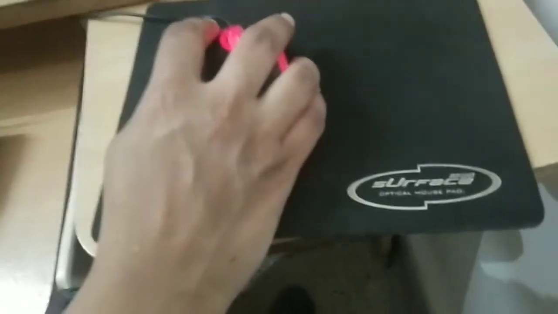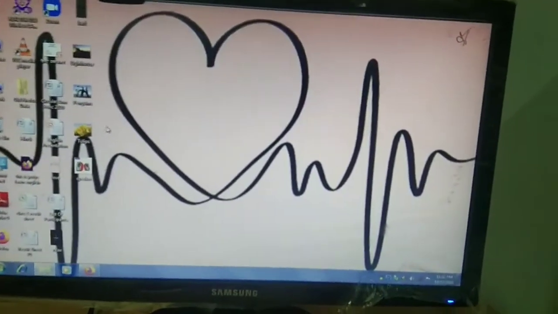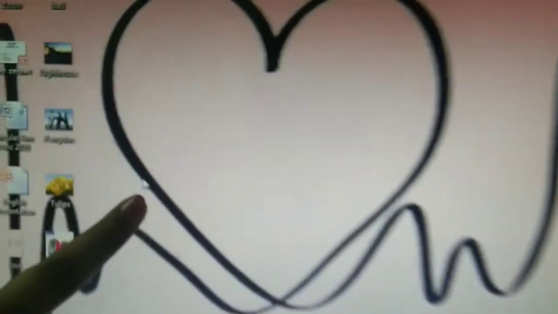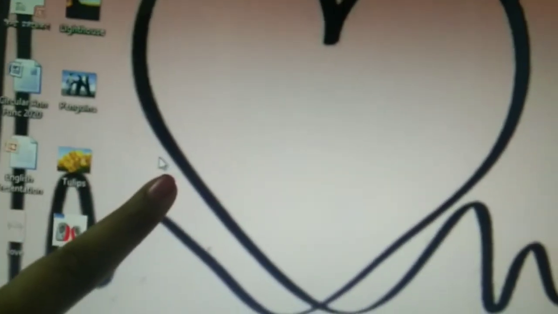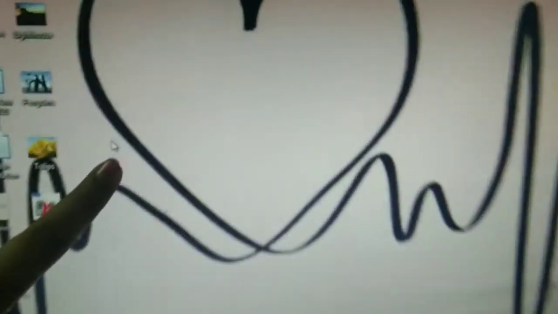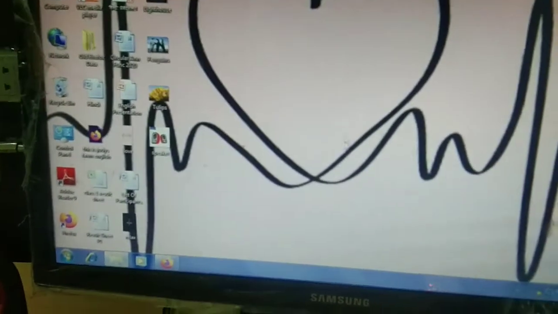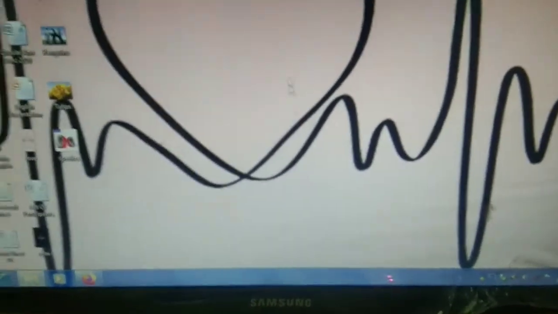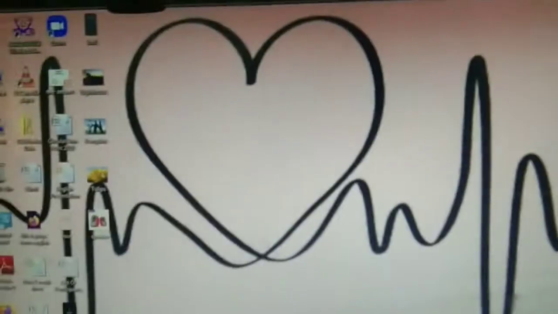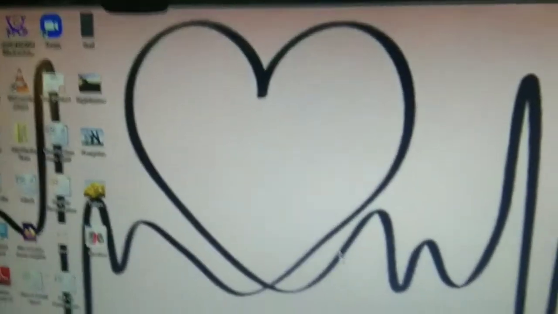Then if I want to click any picture, can you see this here? This is a pointer, which is in arrow shape. When I move my hand in a circular form, it is also moving in a circular form.